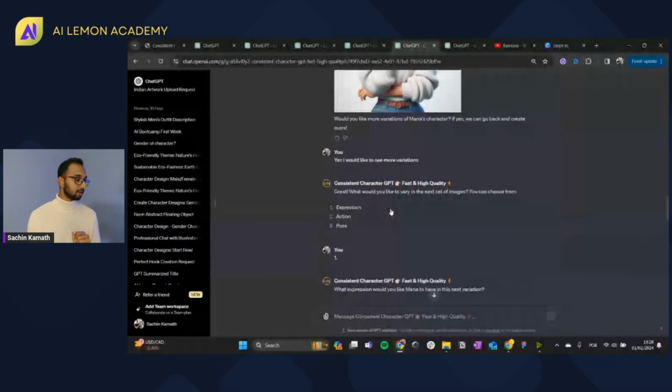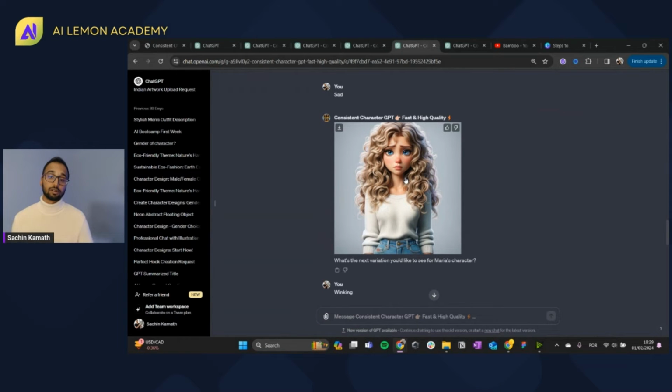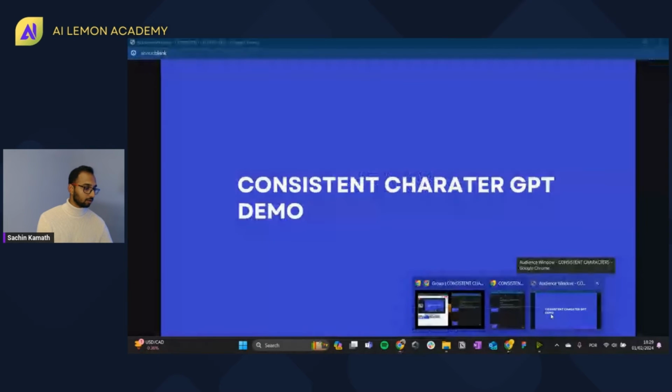So I have this, and then I create this. So it keeps the character consistency very, very well across. And you might need to experiment and test it a couple of times for your own use case. So let's go back to the slides, and I want to show you something really cool right now.